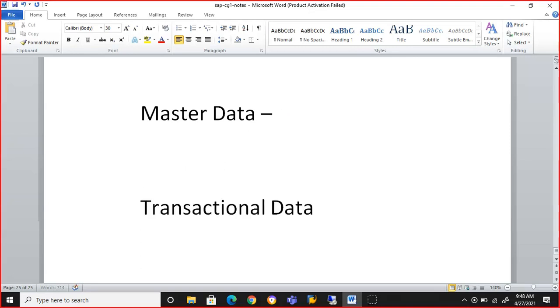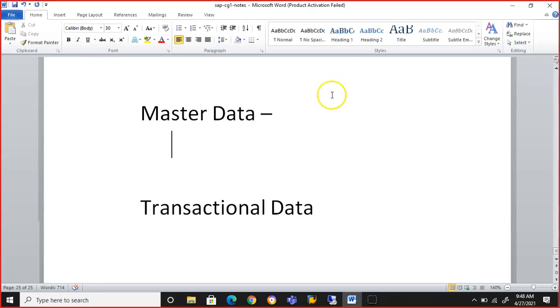Now, anything that will change regularly is called transactional data. Data that will not change regularly is called master data. Now let me give you an example for this. Let's say we have a school. In a school, the list of all the students, if we consider that as master data, the attendance details happens to be transactional data. If you take employee details as master data, then employee salary details happens to be transactional